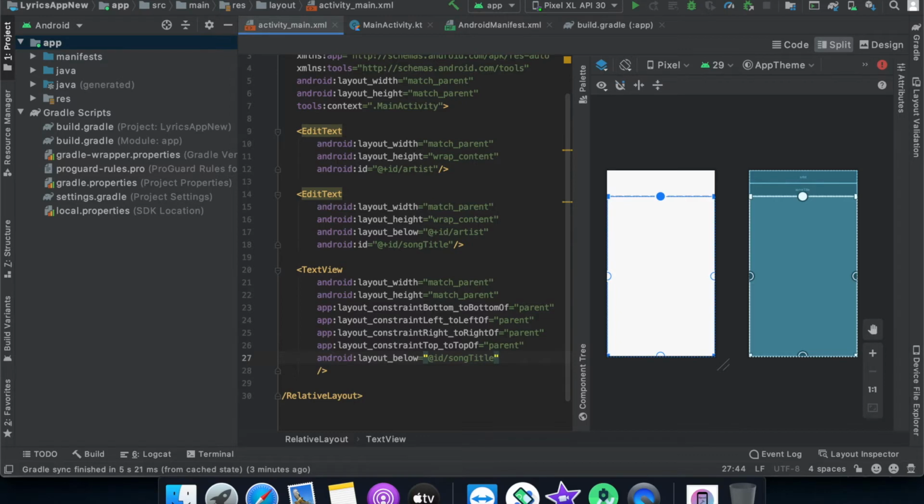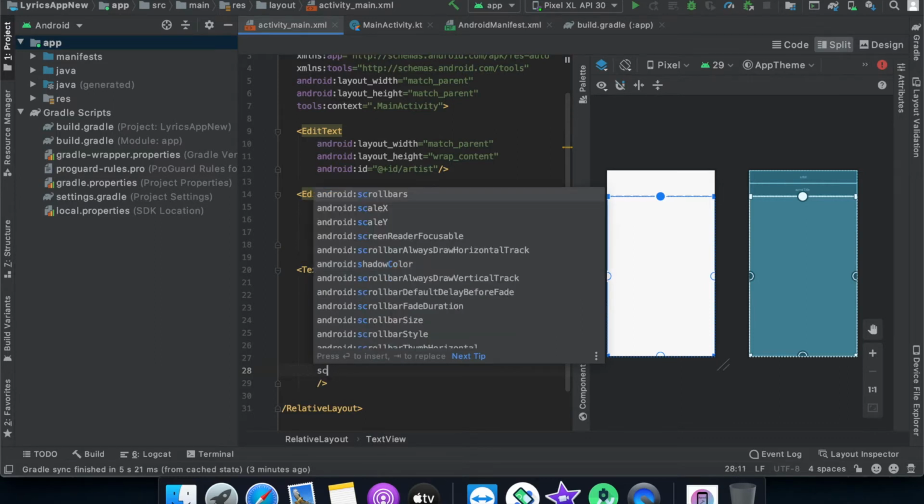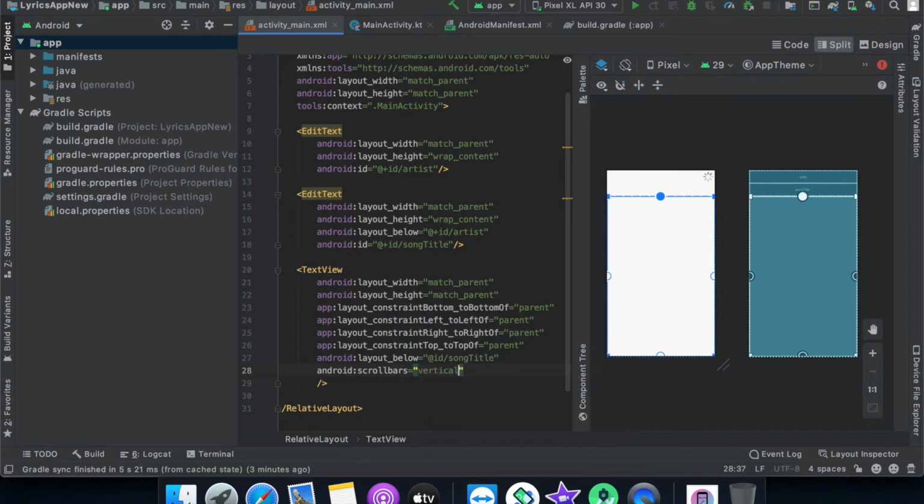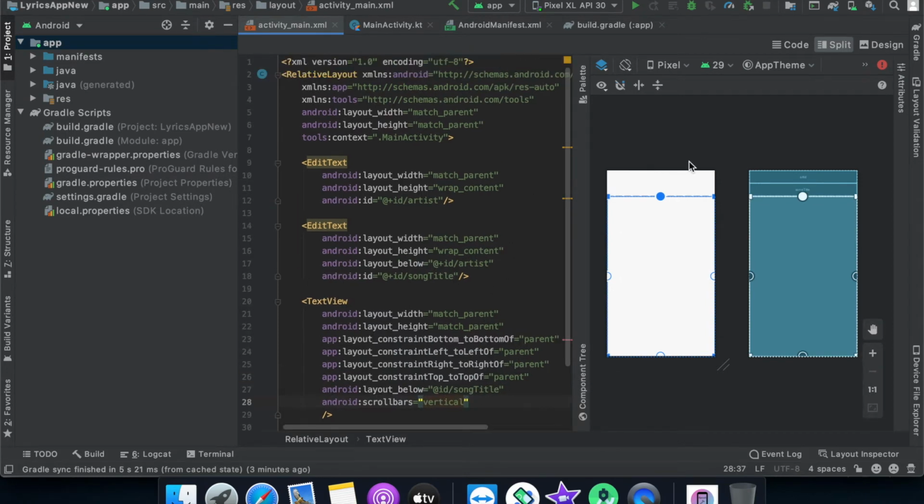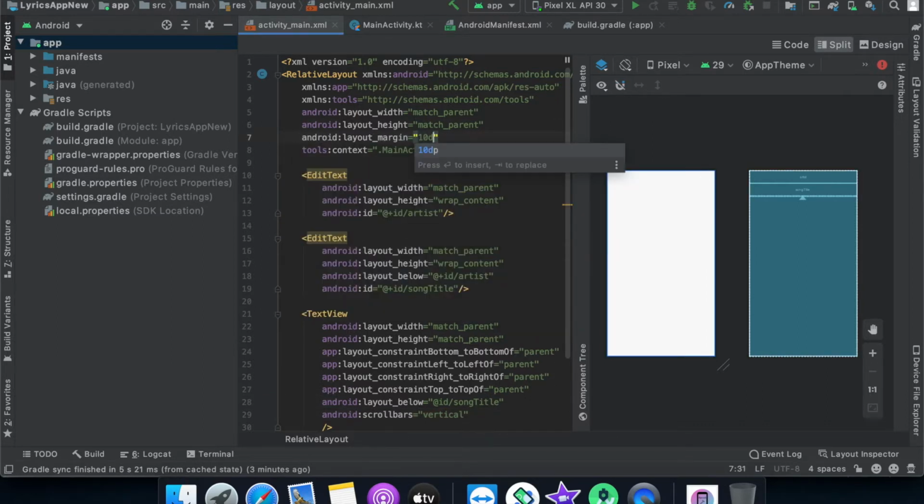So that's done. Also, we are going to enable the scroll bars so that we can scroll. It should be vertical, so you can scroll vertically. Now all that is done, but as you can see, everything is kind of stuck together. So we are going to add a margin here